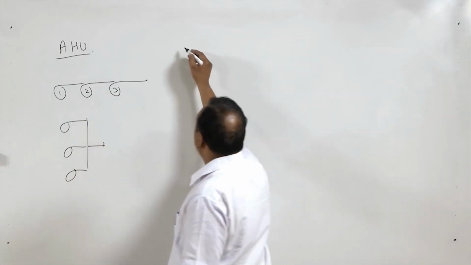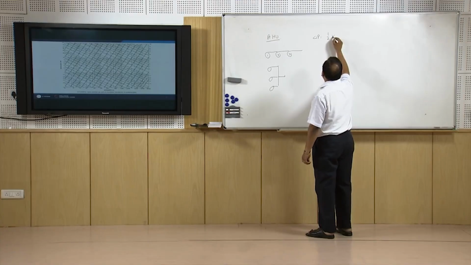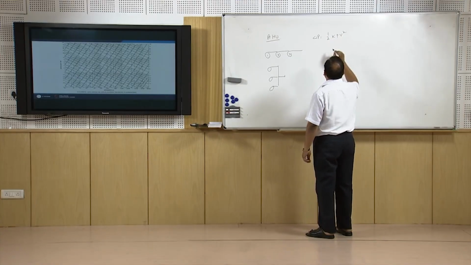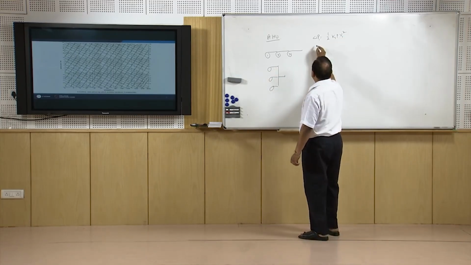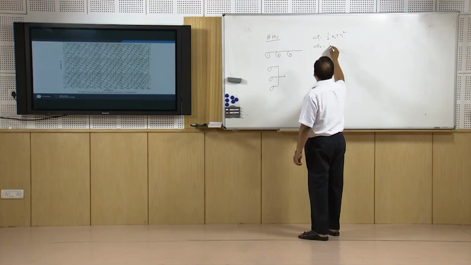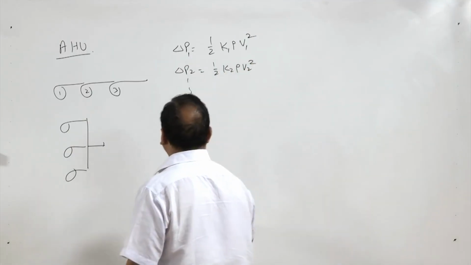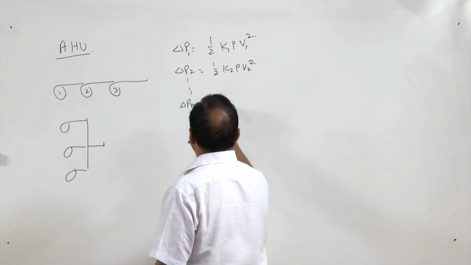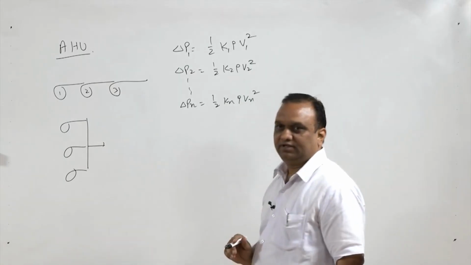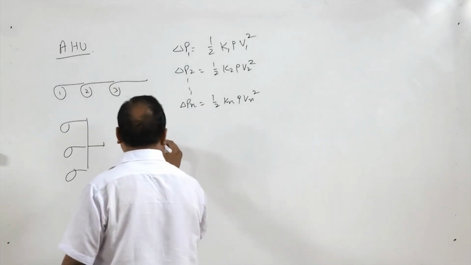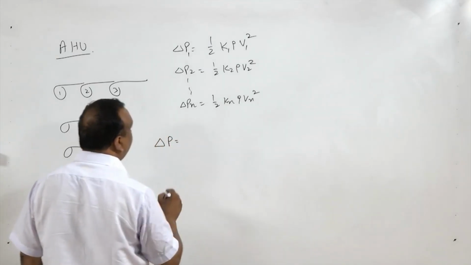Now suppose the pressure drop in a fan, delta P, is equal to half K rho V square. Now this is P1 and V1. Now delta P2 is equal to half K2 rho, density same, V2 square, and so on. We have delta Pn is equal to half Kn rho Vn square. Right? Now the total pressure, or equivalent pressure, that is delta P, is going to be equal to